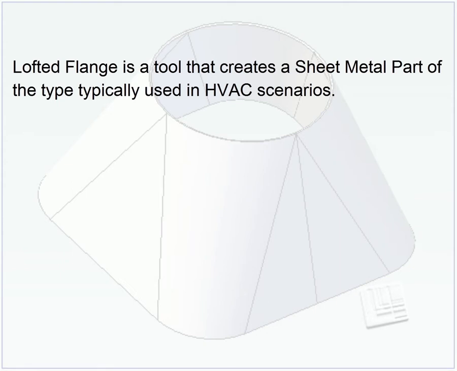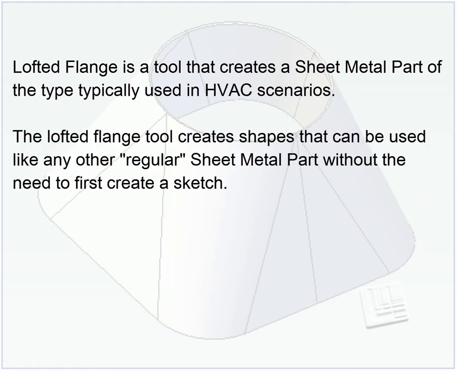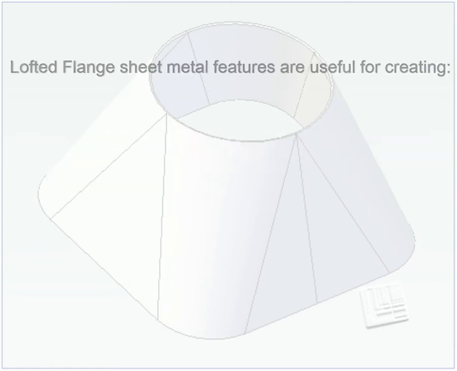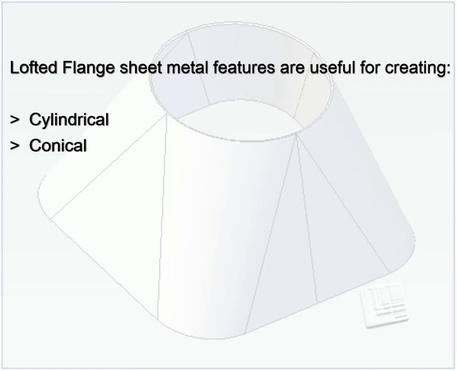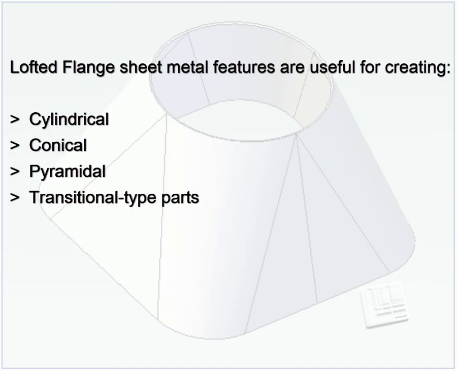Lofted flange is a tool that creates a sheet metal part of the type typically used in HVAC scenarios. The lofted flange tool creates shapes that can be used like any other regular sheet metal part without the need to first create a sketch. Lofted flange sheet metal features are useful for creating cylindrical, conical, pyramidal, and transitional type parts that can be unfolded